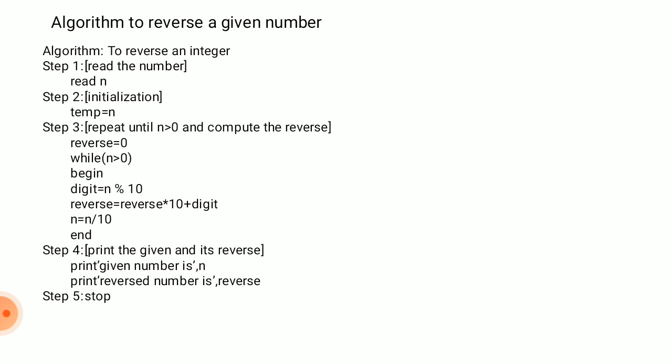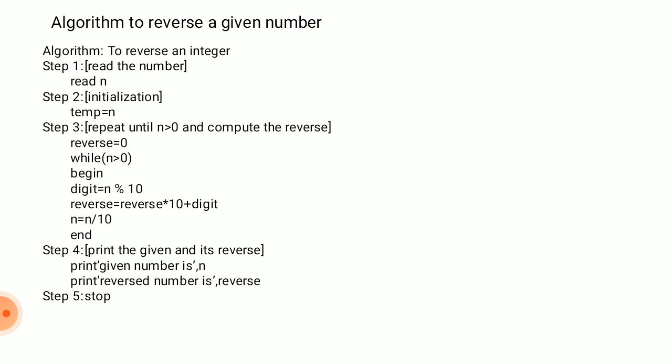So during that process I am taking the variable temp. This is a temporary variable, we are not printing that variable, we are just using it temporarily, right? So temp is equal to n.